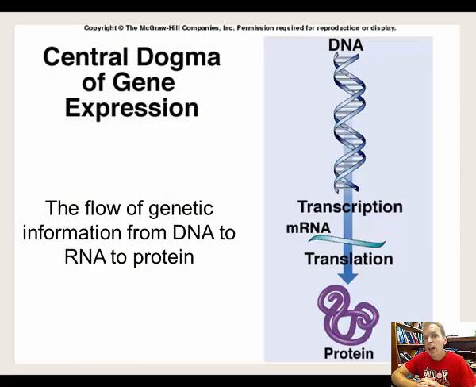Let's begin. This slide shows something called the central dogma. This idea was put forth by Francis Crick in the 1960s. He envisioned the flow of genetic information starting from DNA through RNA and onto protein. DNA would code the information, that coded message would be transcribed into RNA and then translated into the proteins that